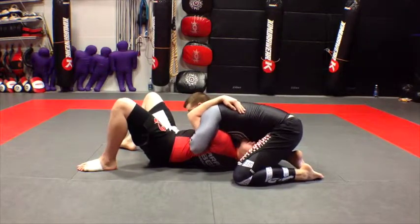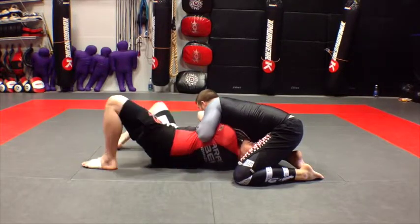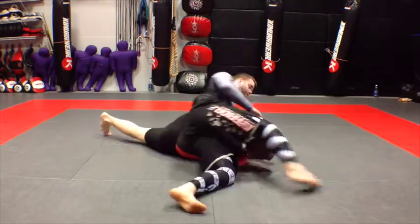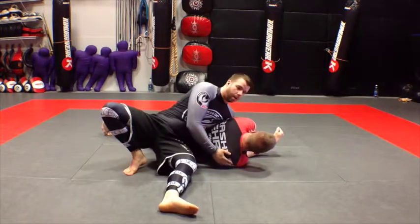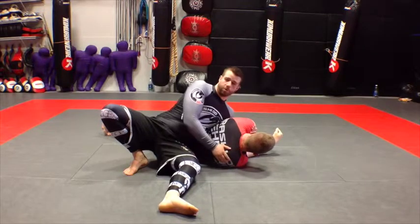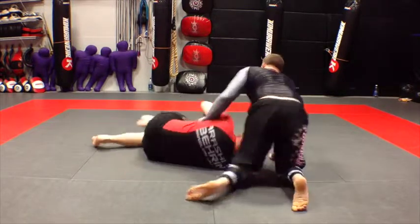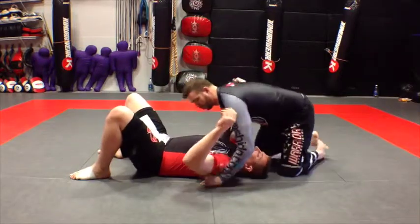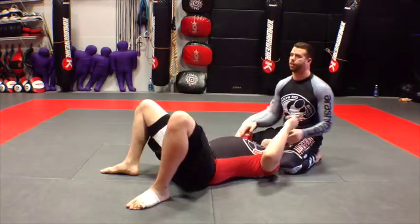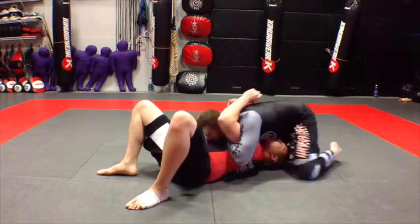Right? So at that point, the smart money is I'm getting that hand up and over my face and continuing to release. I'll be forced to transition to here if he does that successfully, which is better than getting Kamora. So that's where this happy cat position comes from. Okay? Once I've transitioned here,